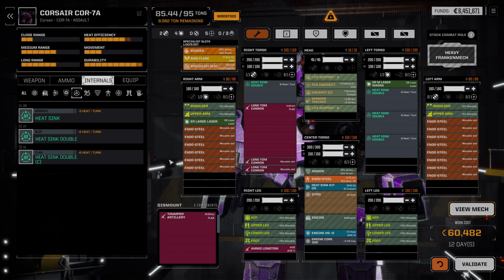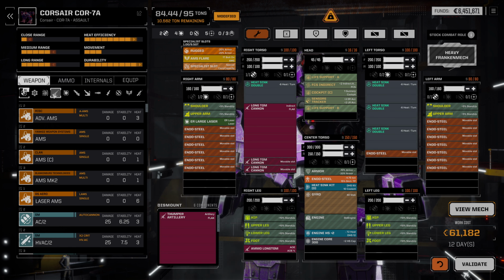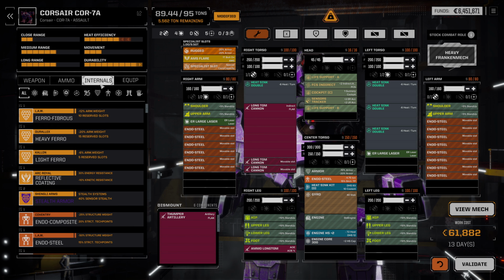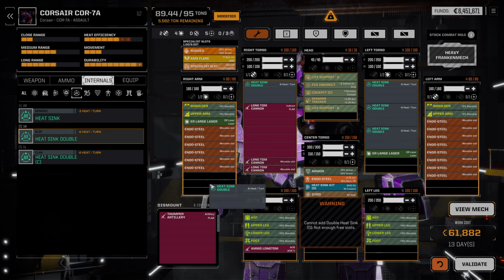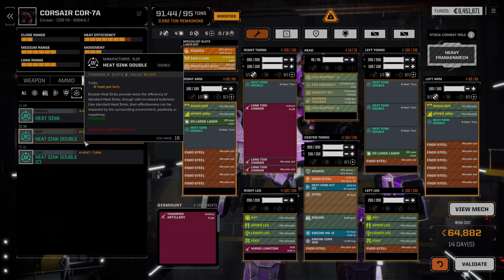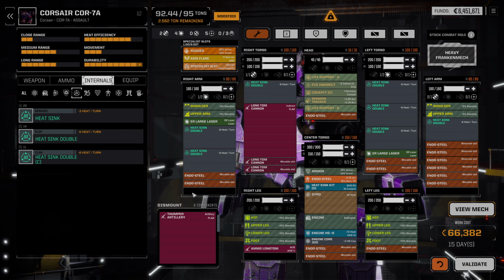We've got 9 tons left. We could upgrade this ER medium laser to a large laser. So an ER large laser would go in over here, like so. And then we could still slot in a couple of extra double heat sinks. Like, we can't put it there, obviously. But we could slot one in here. We could slot one in here, and then we have 3.5 tons to work with. So we could put in another double heatsink like this,